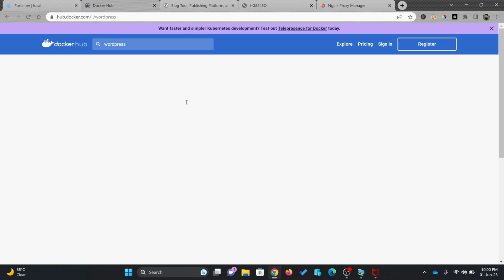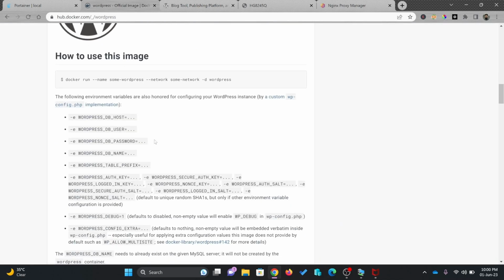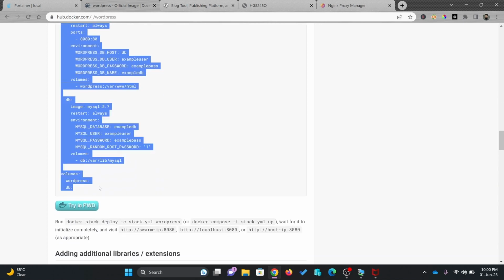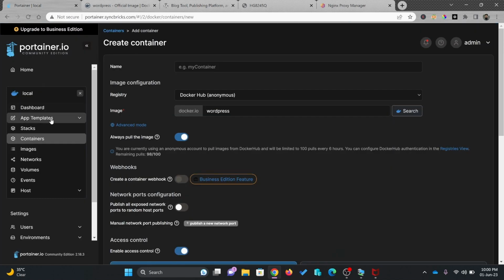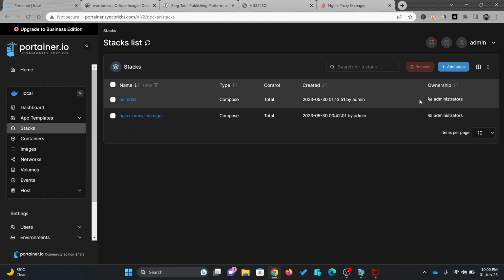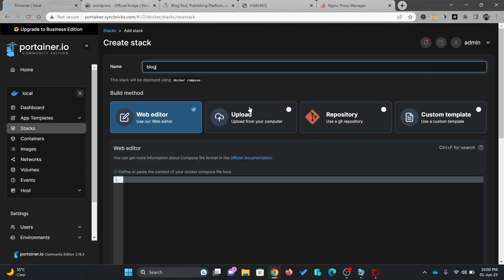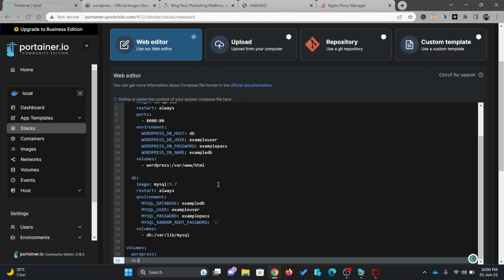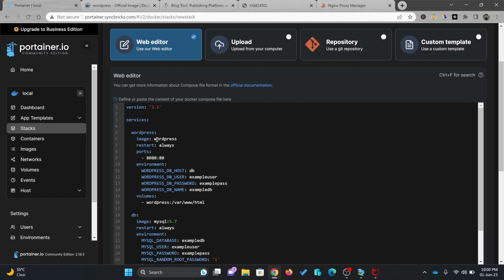I'll click this, and here you can see down, it will give you a Docker Compose script. I'll be copying this, and I'll come back here to the stack and add a stack here, called syncbricks WordPress. Paste it here. Now you can see here that the image is called WordPress, restart always, port is 8080, and as I mentioned,